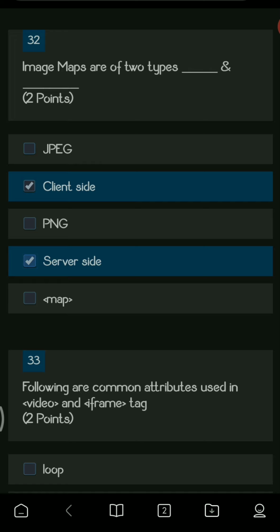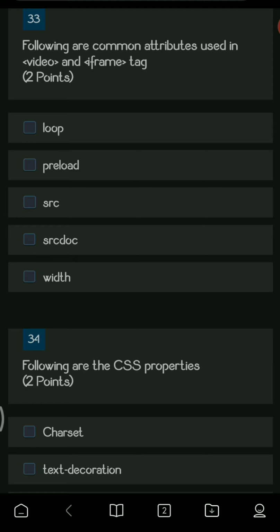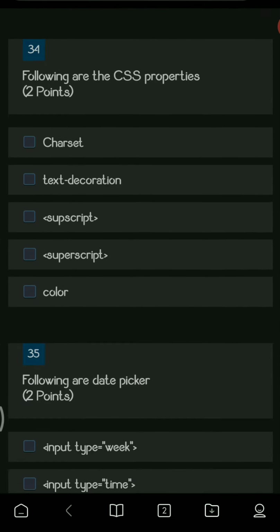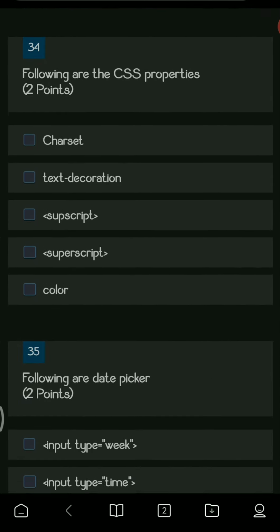Next question. Following are common attributes used in video and iframe tag. So the options are SRC and width, which are used in the case of video and iframe tag. So these are the attributes. Next, following are the CSS properties. So which are the CSS properties out of these? The CSS properties are text decoration and color, which we use.